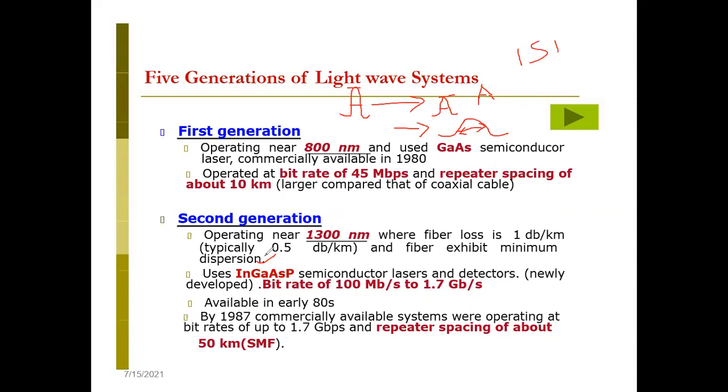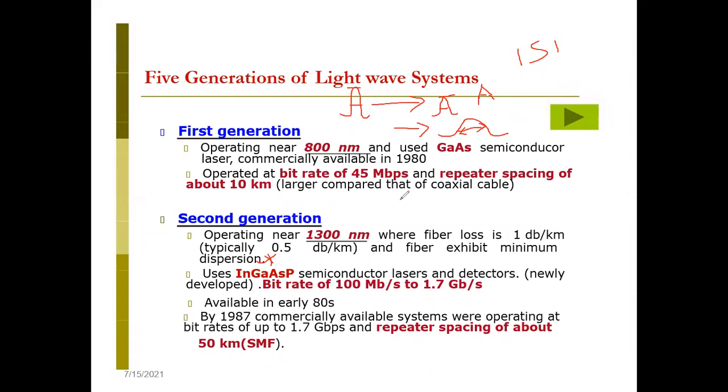But right now, since this term dispersion has come, there are two major kinds of losses that take place in fiber optics. We have one full chapter for this loss. One is attenuation, in which the peak power amplitude decreases, and the second kind of loss is dispersion, or you can say pulse broadening, where the pulse shape changes. Now, none of them is accepted. The shape of the pulse should remain the same, and the amplitude should not decrease. It will decrease a little bit, but not to that extent.